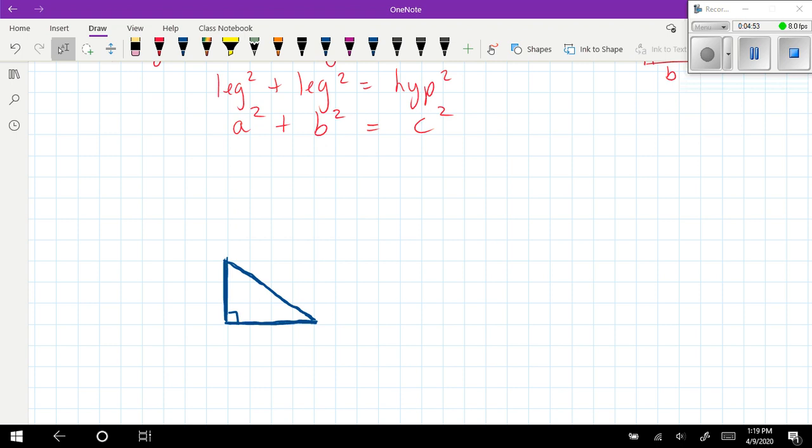So I'm literally going to build a square on the leg, if you don't mind. This leg right here looks like it's 1, 2, 3 units high. So I'm going to go 3 units over, 3 units down, and 3 units back. I have now created a square that's 3 by 3 by 3 by 3 on the side of this triangle. So I have squared the legs, so to speak. And if I look at the area inside this square, 3 times 3 is 9, so this area is